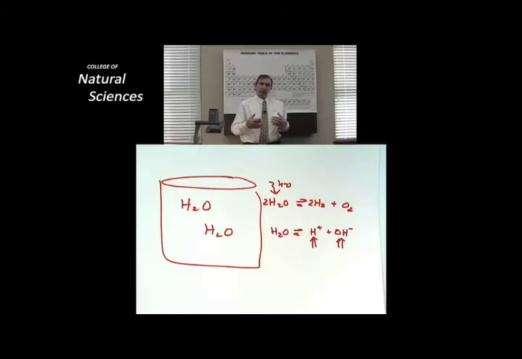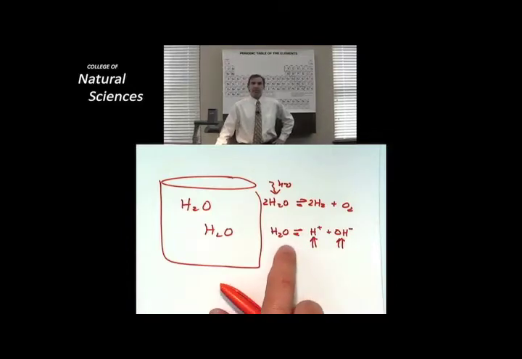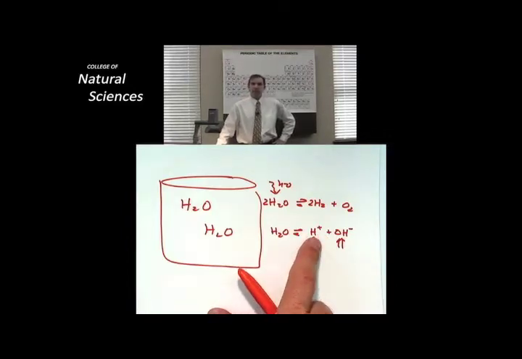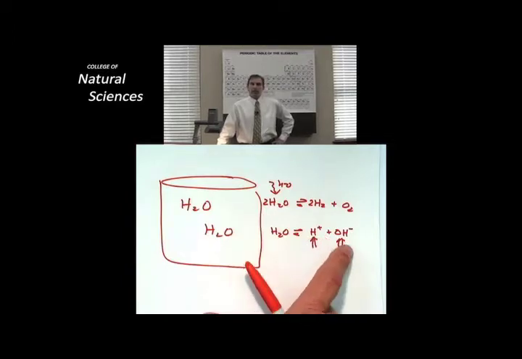You're introduced to the idea of an Arrhenius acid, a Bronsted acid, and a Lewis acid. And then we have the corresponding bases. An Arrhenius acid is one that simply says that this proton, in the form of a hydronium ion, is an acid. So that one's nice and simple to understand. You've got a hydronium ion and a hydroxide ion, and the two of them can combine to make